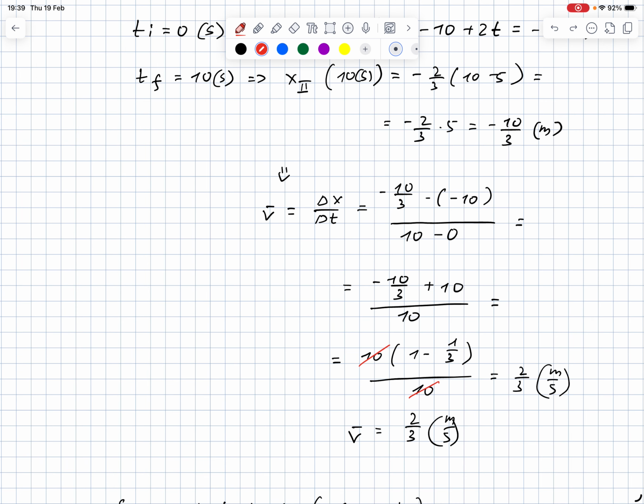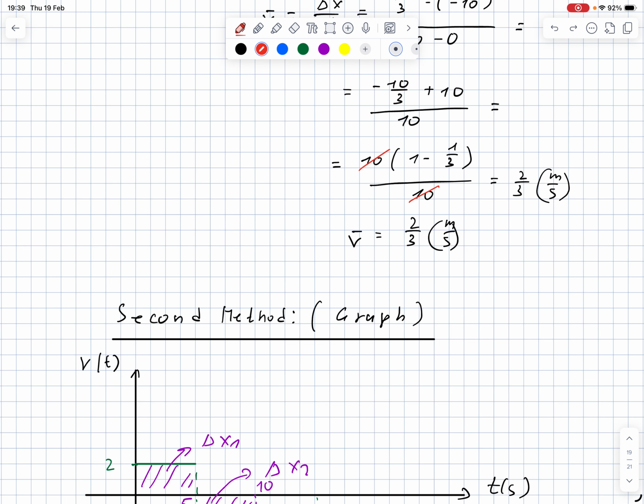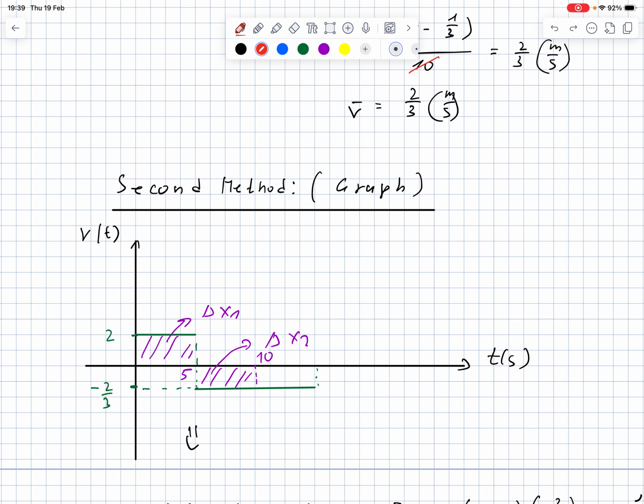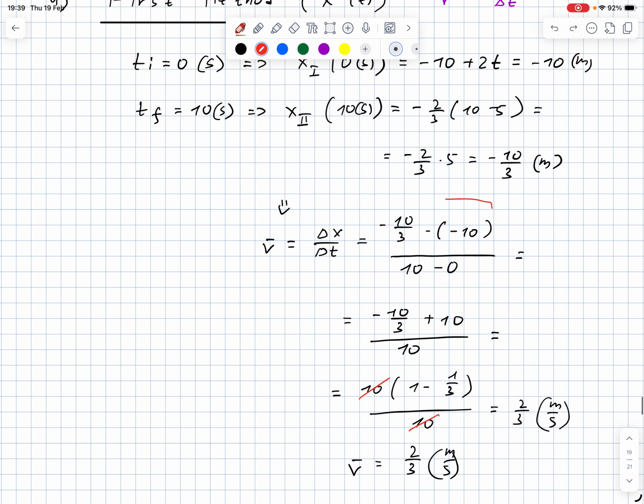This was the first method. Now let's try to find the average velocity with the second method. We're going to use the graph of v of t. As I explained before in previous videos, the area under v of t is actually the displacement. Now we need to calculate this area and this area, and when we add delta x1 plus delta x2, it will give us this result, delta x,